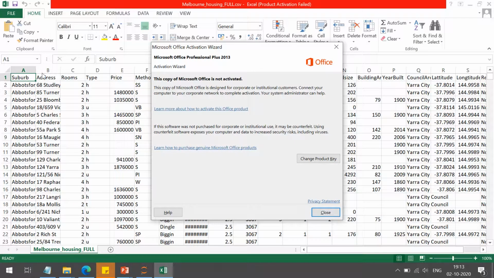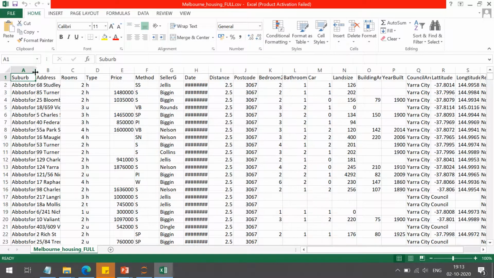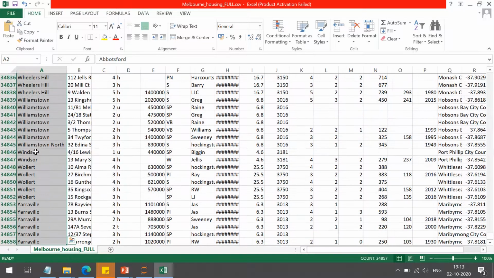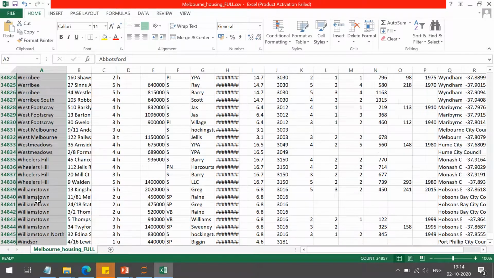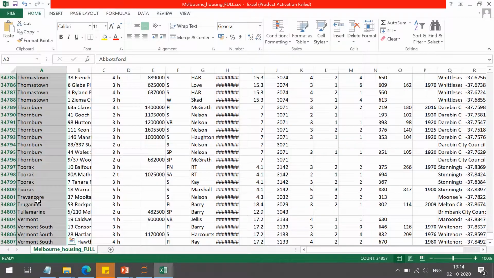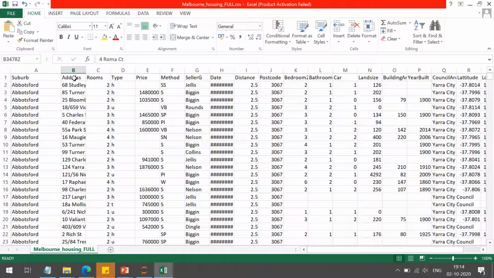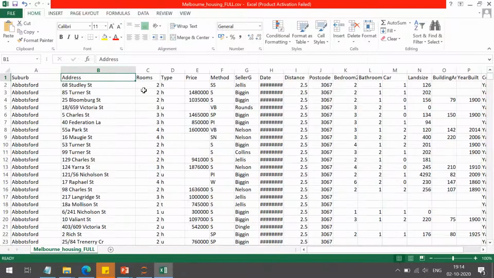Now here we have the suburb column. These are the values in the suburb column. If I look downwards, these are the names of different areas present in Melbourne. The next column is the address column, the address of those houses, then the number of rooms.